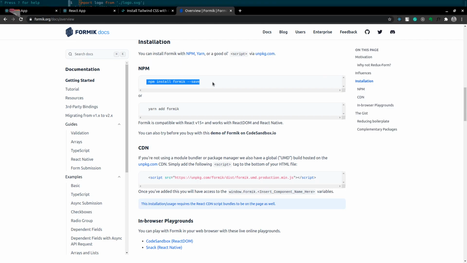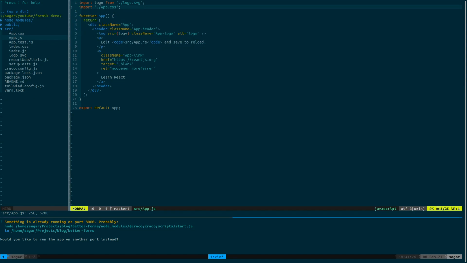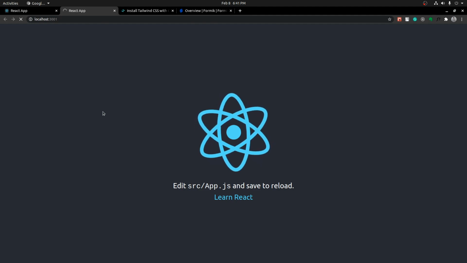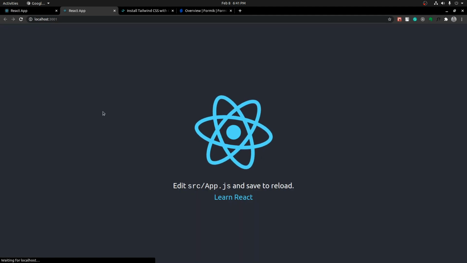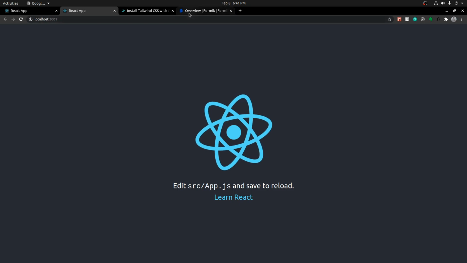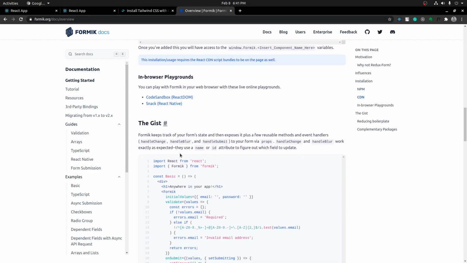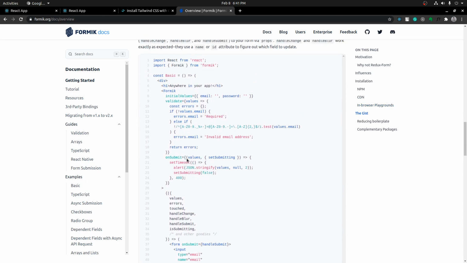Restart the server. Okay, back to the documentation. If you scroll down a bit, you can see how we can use Formik to start